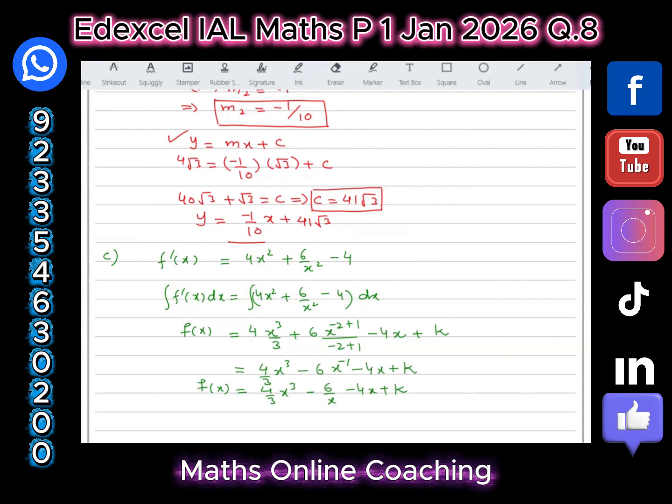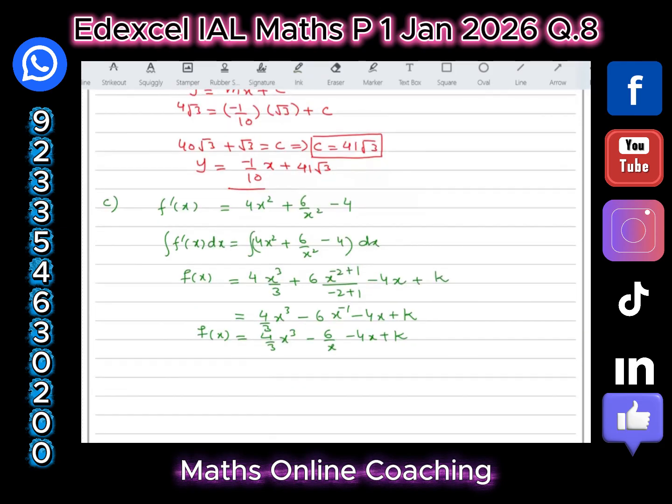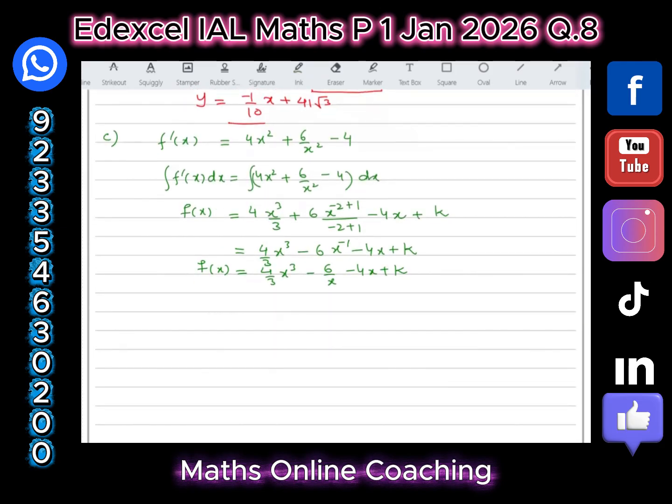Now, this constant can be determined by using the values of x and y at the point P. Because P is the point which lies on the curve C, so we can use this point to find the value of k. Here, the value of f of x, which is y, is 4 times square root 3, equal to 4 by 3 square root 3 cubed minus 6 by square root 3 minus 4 square root 3 plus k,